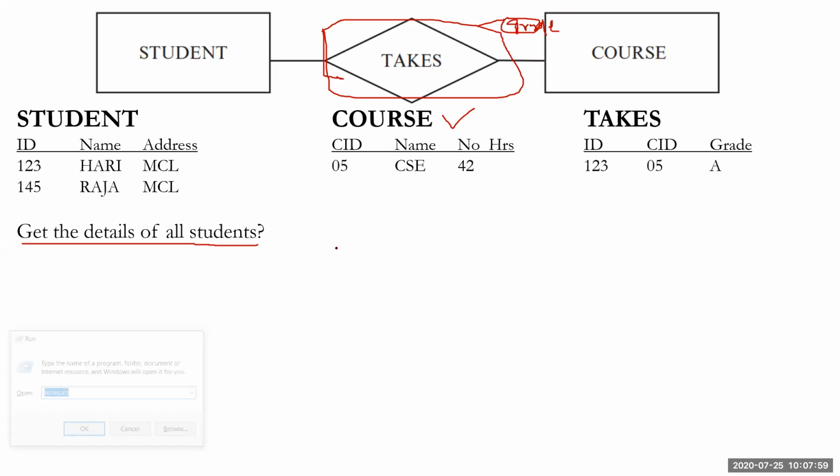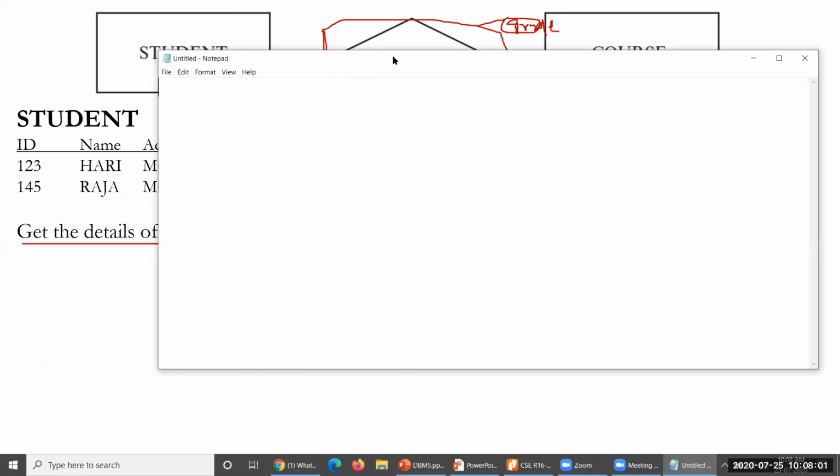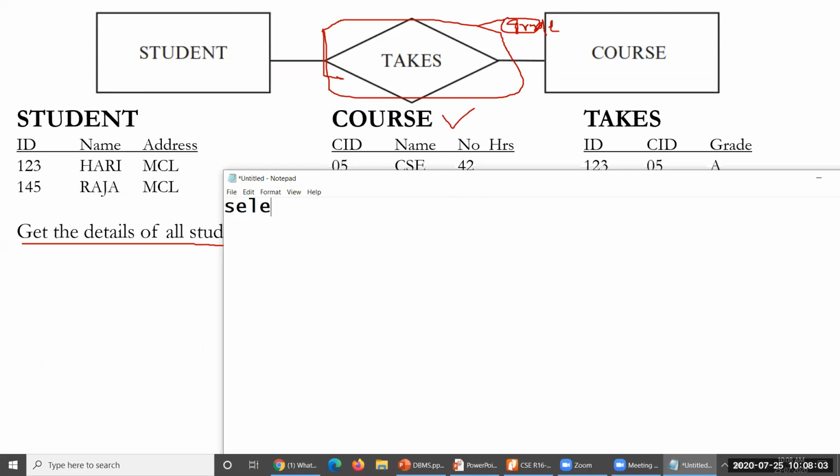Let me take notepad here for a while, then you could see. So in general form, in SQL, select everything from student. You may write something like this. This could be true for tuple relational calculus, but as far as domain relational calculus, it is not true. I'm talking about high level point of view only, but let me give you an example in terms of SQL here.